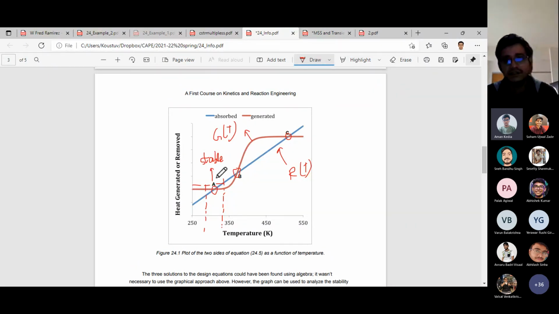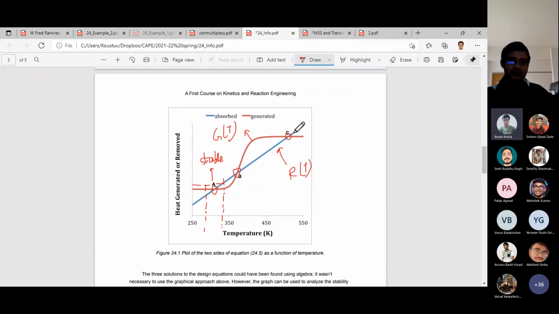Okay, so this is one point of view of the analysis. First we understood that multiplicity of steady states occurs. Second, from the graphical point of view, we are characterizing the steady states: even if we accept all the steady states, are we safe operating the reactor at each of them? So for the first root, we graphically understood that even if we drift away from the steady state temperature, we are still safe, because the heat generation and heat removal terms restore the temperature. This tells us the reactor is operated in a very stable manner.